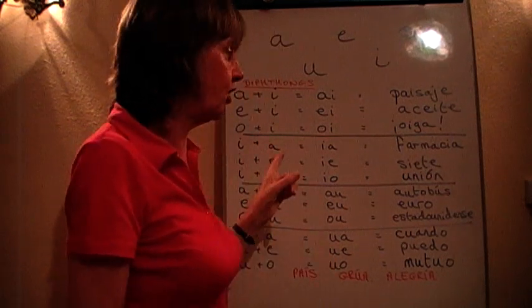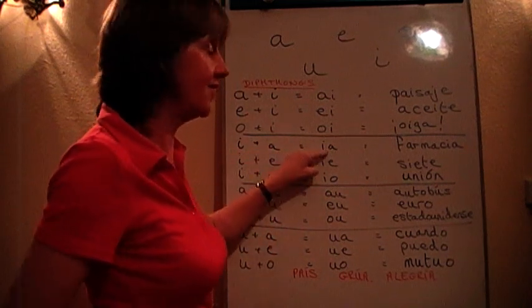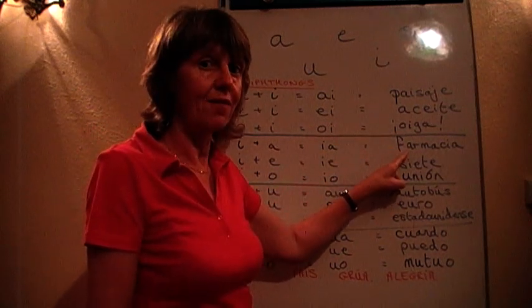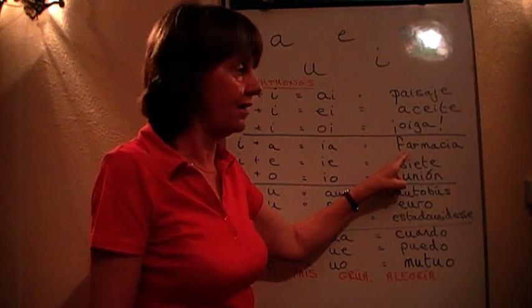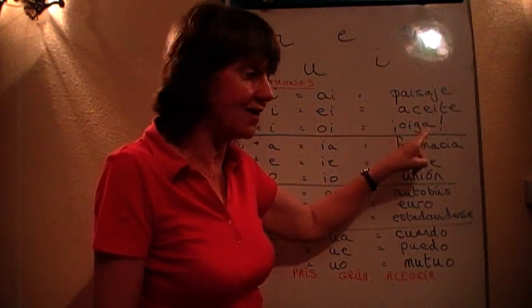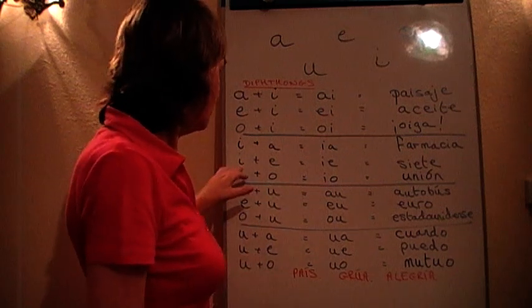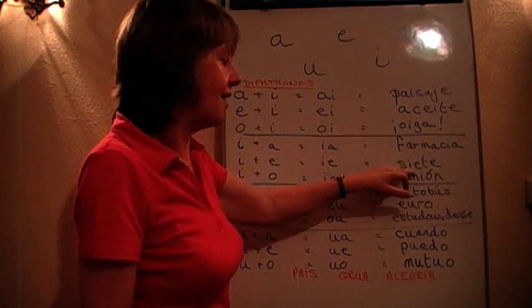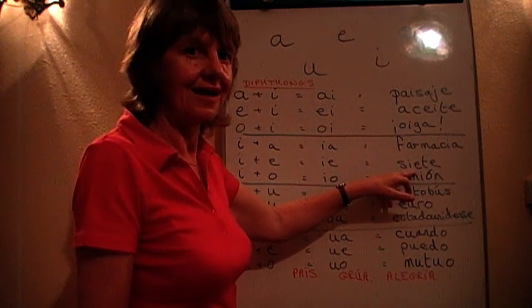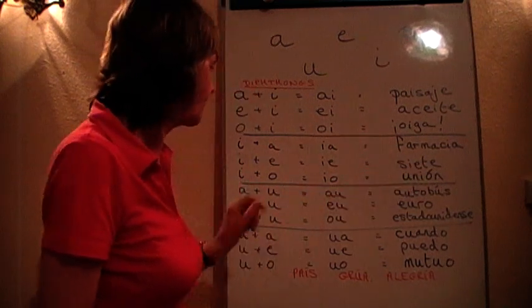Okay, now we're going to turn that the other way around, because it works in the other direction. If we put the i and the a together, it gives us ia. And a good example of this is the word for chemist, farmacia. The last syllable is ia. The beat goes on the last but one syllable, farmacia. And there's loads and loads of words like that. Ie. An example is the number 7, siete. The beat on the strong e, siete, 2-syllable word. And then we've got